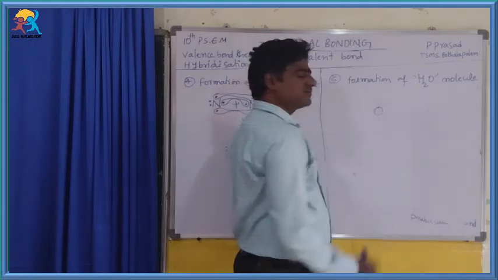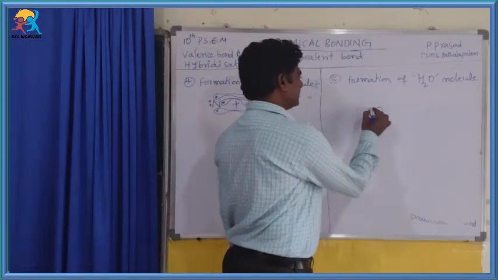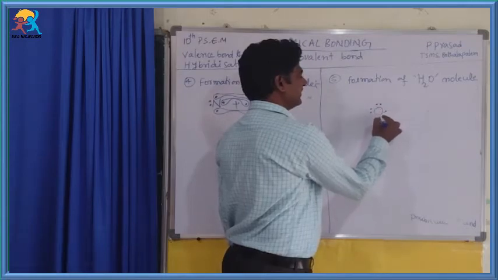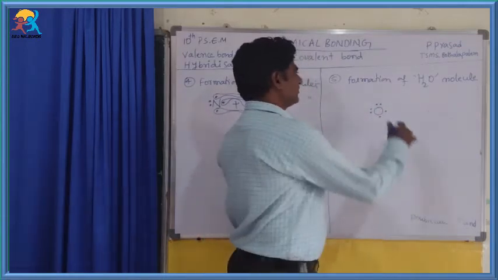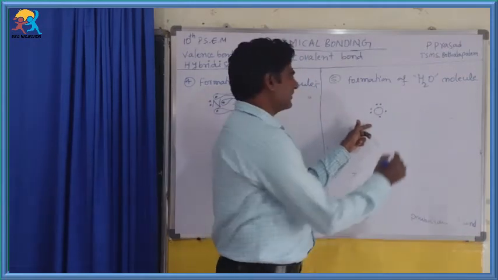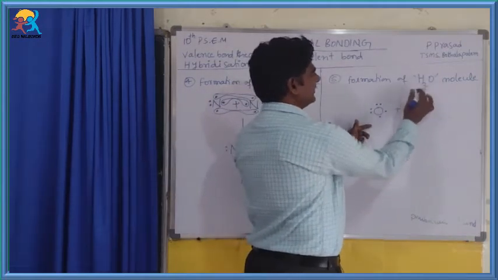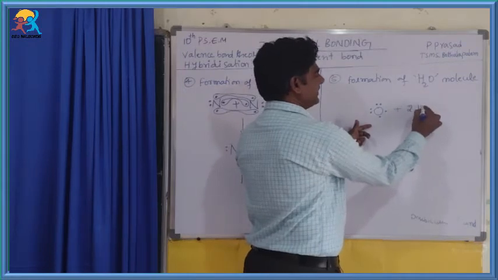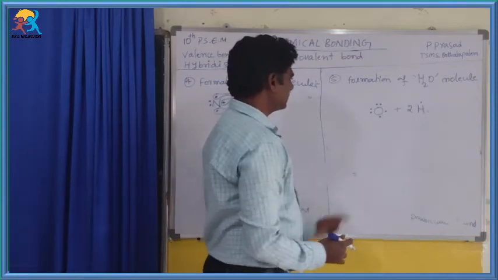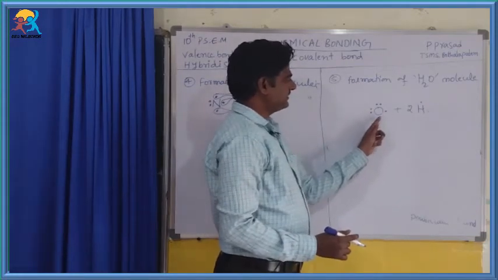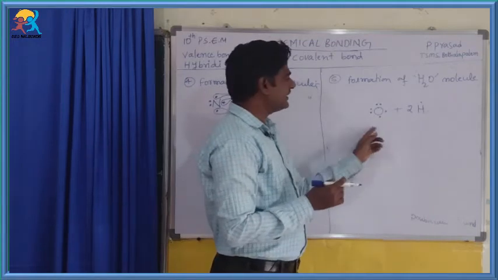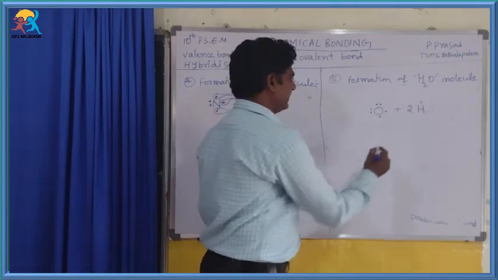So oxygen belongs to the 6th A group. That means it consists of 6 valence electrons in the outermost shell, the valence shell. So here oxygen requires 2 electrons. Okay. Here how many hydrogen atoms are there? 2 hydrogen atoms. So each hydrogen atom in the valence shell consists of a single electron. So these unpaired or single electrons are shared with the single electron of a hydrogen atom, like this.